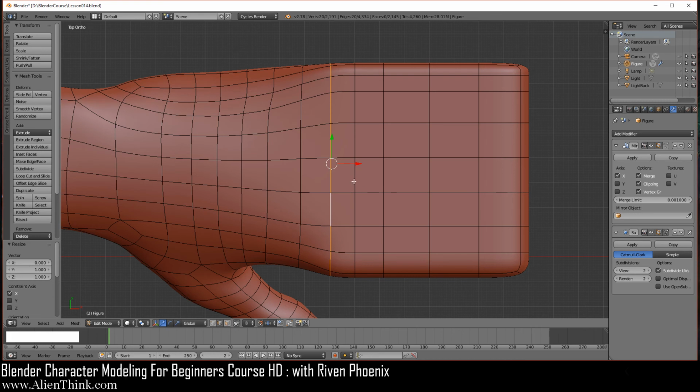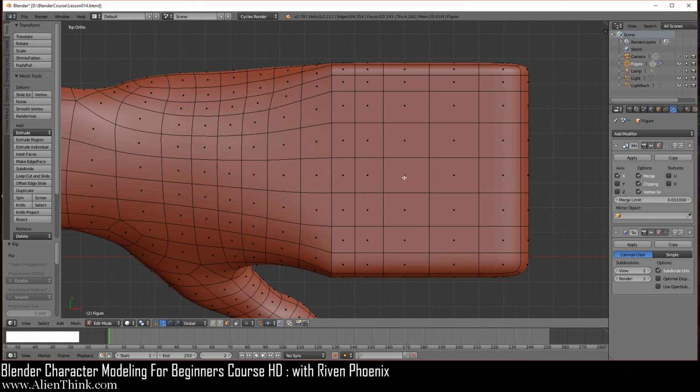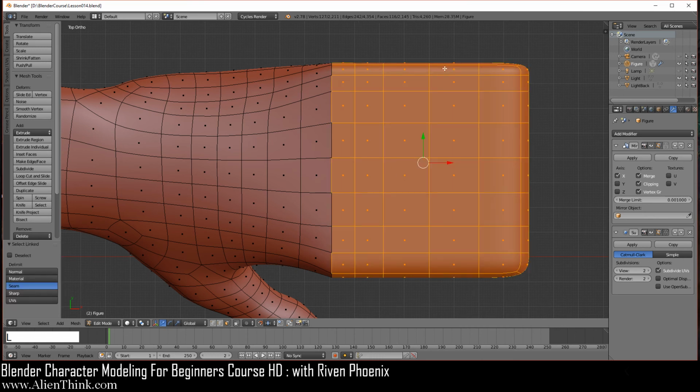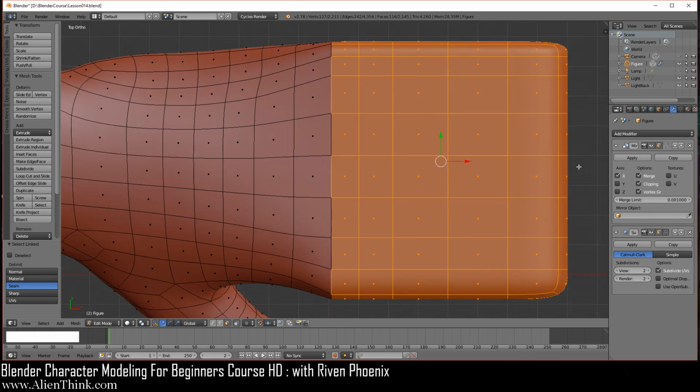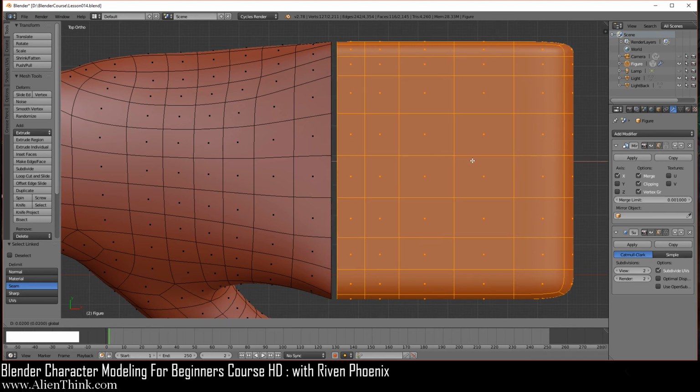So what we want to do now is press the V key, and this will just separate it, and then right click to get out of it. This is the same thing that we did for the neck and the toes. Now go ahead and switch to the face select mode first and press the L key by hovering your mouse over here. It'll select this whole object because it's separated from here. Now just zoom in to get the smaller grid units and just move it to the right, 1 and then 2 over here.